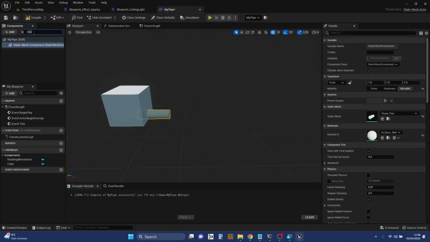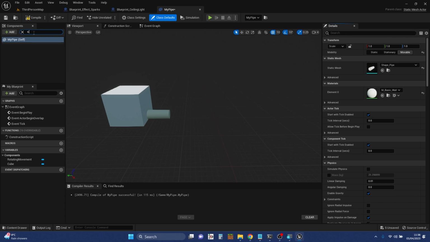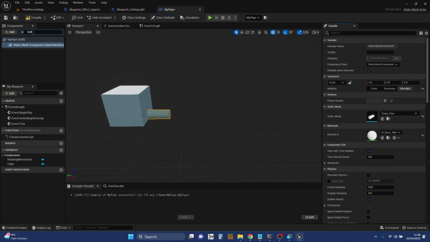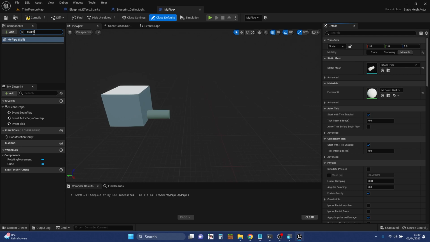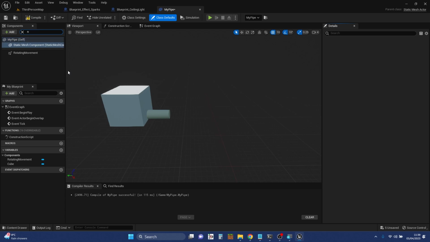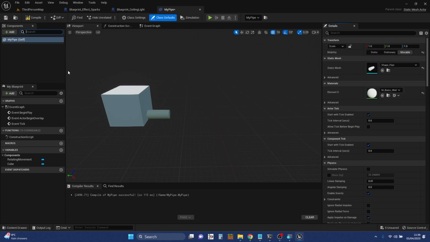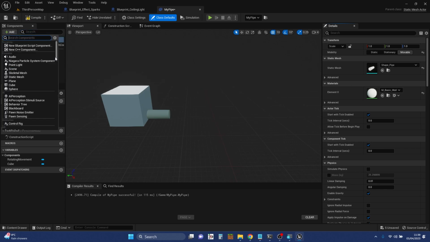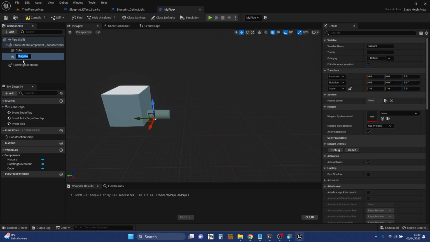Let's have sparks. That's not written right. We've got sparks in there. No, we want a Niagara. No, particle. I was trying to help. Hopefully, I was going to add a particle effect. Maybe that's because I didn't have this clicked. Now I've got a particle effect component, which is the particle effect system in Unreal, and I'm just going to add that